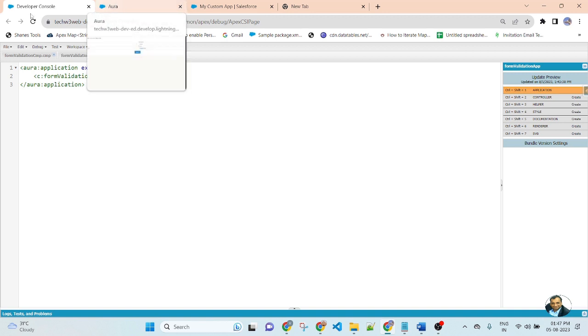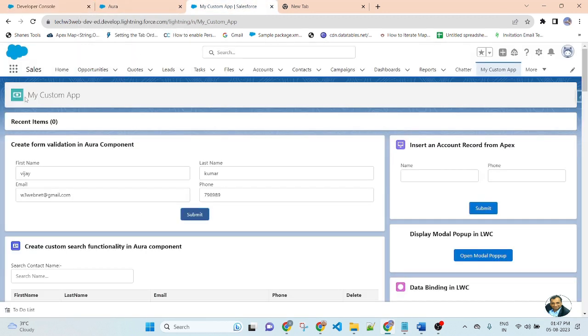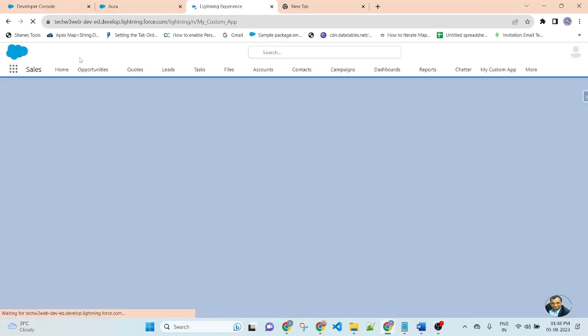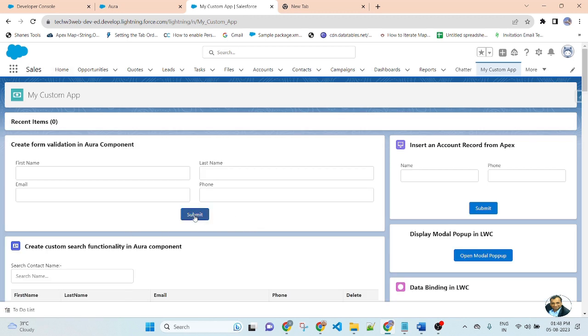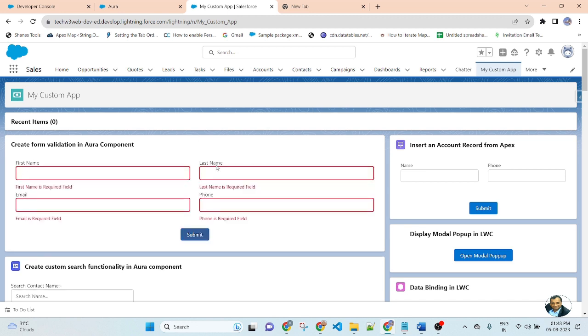So you need to put the component into the lightning app builder and create a custom page. Here you can call the component and here it will display the post message. So refresh again and submit the button without putting anything in the input field. So you can see form validation is working fine.